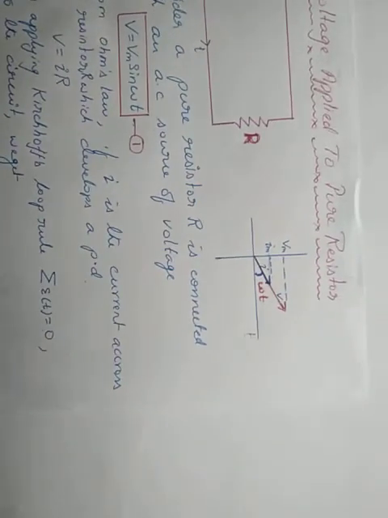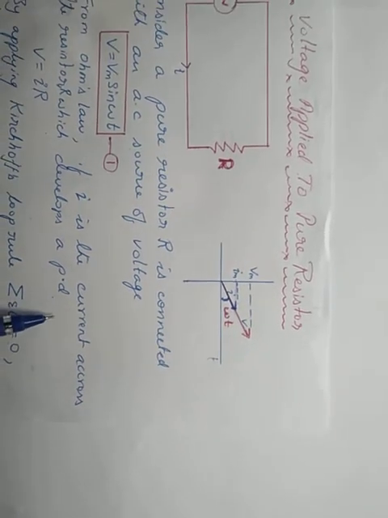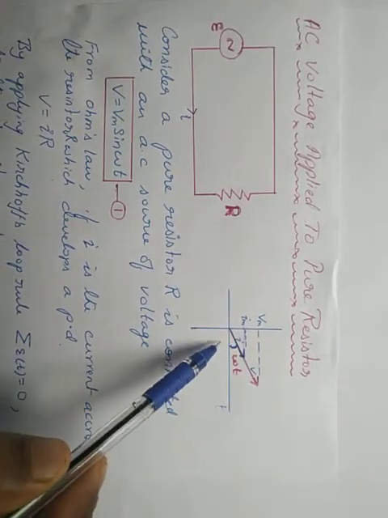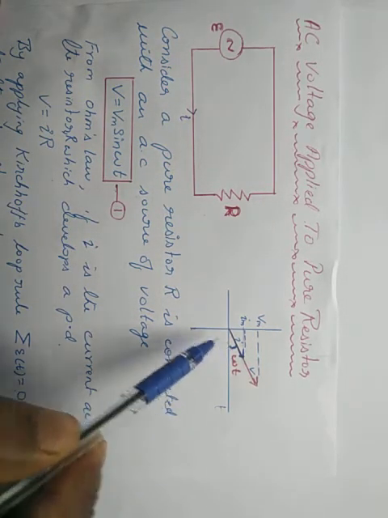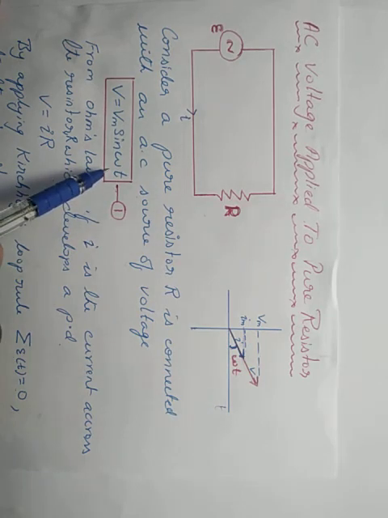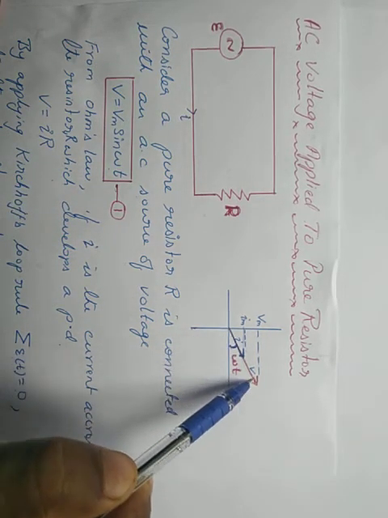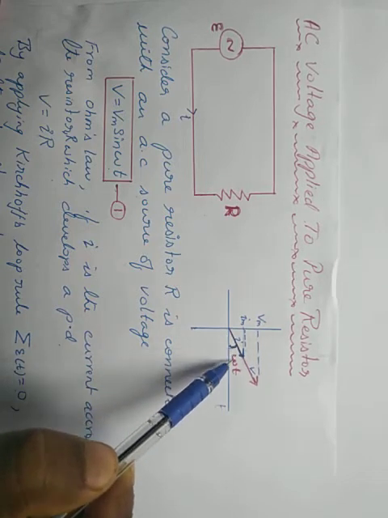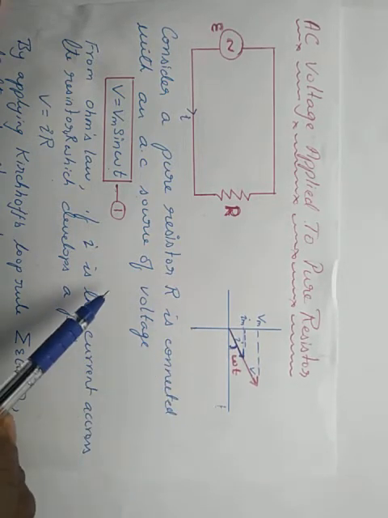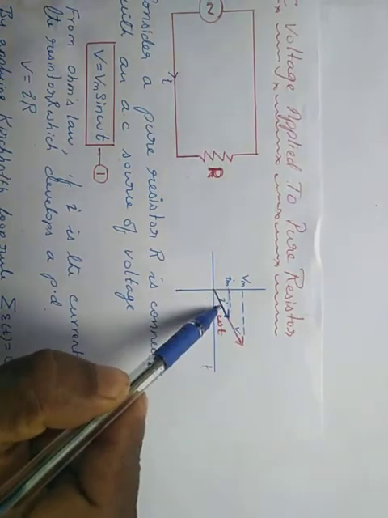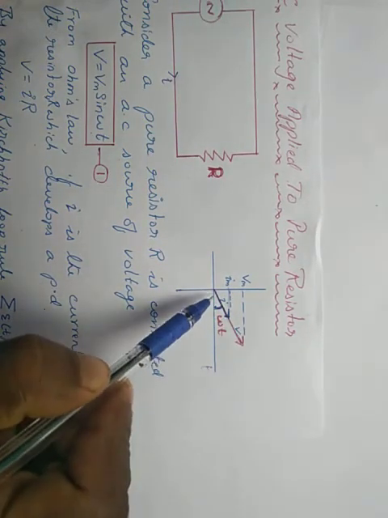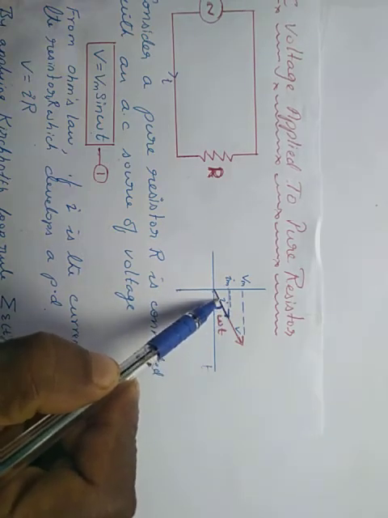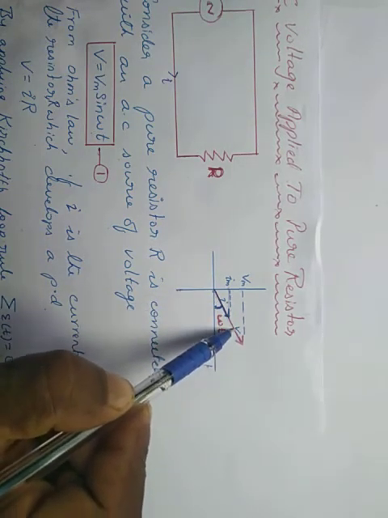And the most important thing is the phasor diagram. It may be asked for 2 marks in this derivation. What is the phase of the voltage? Omega t. Draw a bigger arrow with the angle omega t. The phase of the current is also omega t, so it also lies on the same line with the angle omega t. The small arrow represents the current I, and the bigger arrow represents the voltage V.